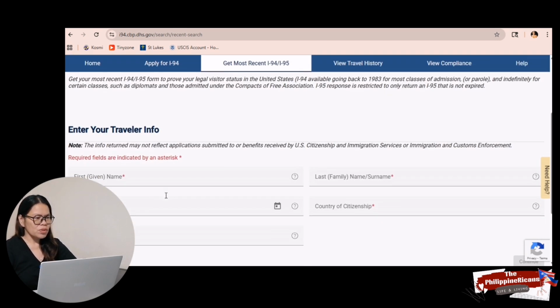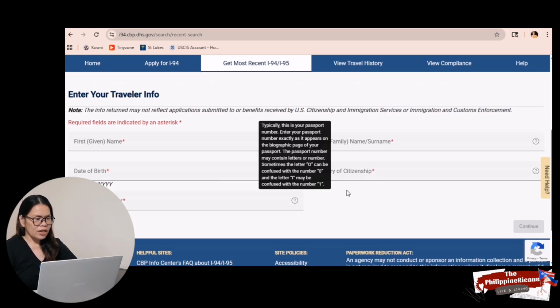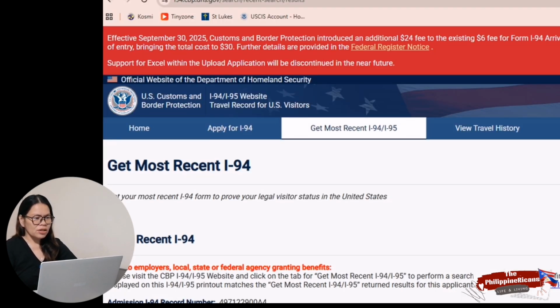So here you have to enter your traveler information. So first name, last name, date of birth, country of citizenship, and then the document number. So document number guys is your passport number. And after you provide all this information, just click continue.